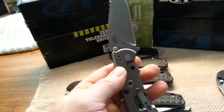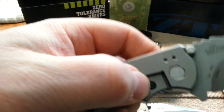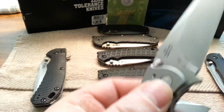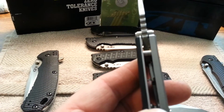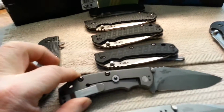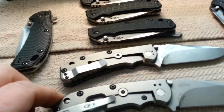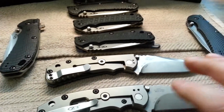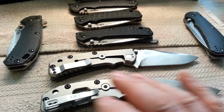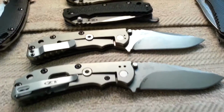I mean, it locks up beautiful. I've had no issues. It's nice because it has the adjustment screw now. It's steel on steel. You can see the block in there. I mean, this really came out nice. I wasn't expecting that because I've watched videos where guys say, oh, the blades are different, blah, blah, blah. Well, they're really not. With a slight washer modification, you can swap them. Put the nice Elmax steel on the third gen body, and you got yourself a cherry sweet